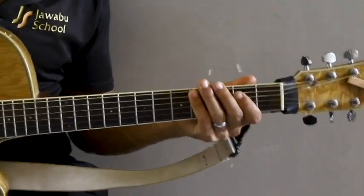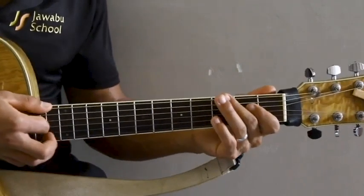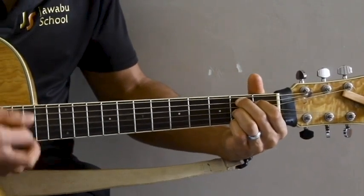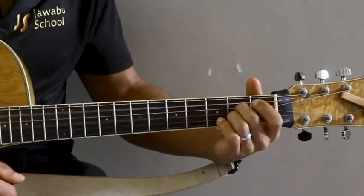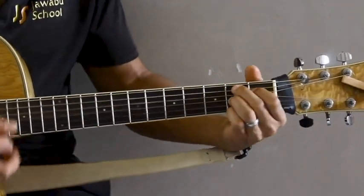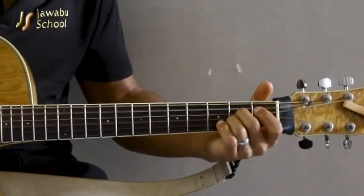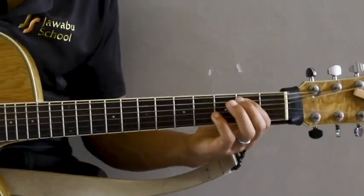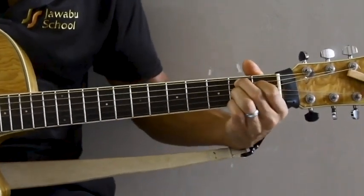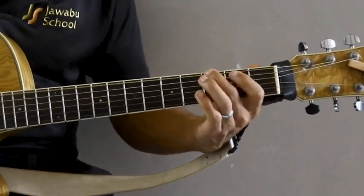Alright, so let's try that B, A section. So we're going to go E, G, A, B. 2, 3. E, G, A, B. G, A. One more time. Go. E, G, A, B, B7, G, A, A7. Then you go back to the E. 1, a 2, a 3, a 4, a. Alright, so 1, a 2, a 3, E, G, A,